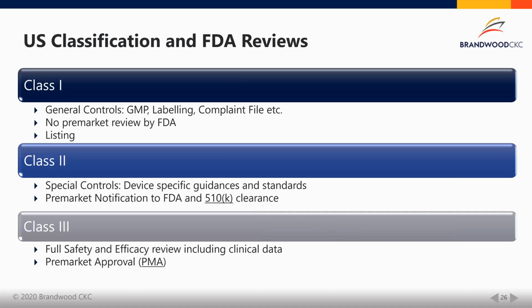So this is a quick overview. There are 3 classifications in the US. Class 1, similar to GHTF, is a self-assessment and it's just a listing. You don't need to go through that apply and approval process, or it doesn't get reviewed and that kind of thing. So there's no pre-market review.